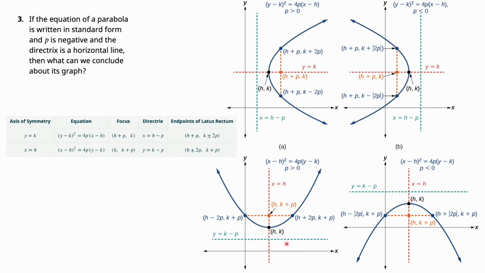Well, the horizontal line will tell us it's one of these two, and then if p is negative, it's going to open down. Now, these are not at the origin, so we've shifted the equation for the parabola, if you look here at k and h, so we've moved it. Now, they have all these fancy formulas, but if you know p and you know where the endpoints of the latus rectum are, the directrix and the focus,